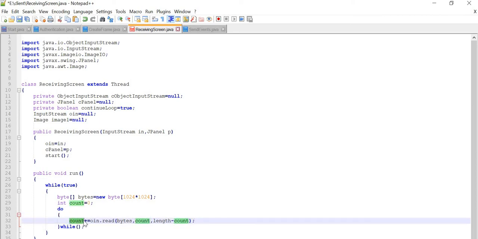So we are going to update this count, and our input stream is going to read, and we are going to pass 3 parameters. So first parameter is our byte array, second one is count. Count is basically the offset which is in array of byte, at which the data is written. So here we are going to get the value at which the data is written. So this length minus count is basically meant for how much data, how many bytes of data is read by